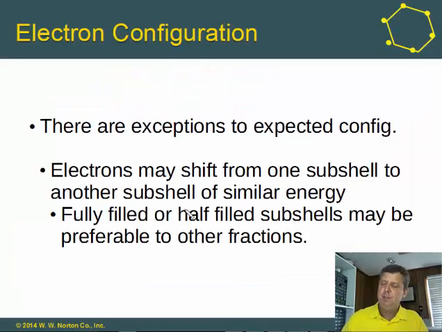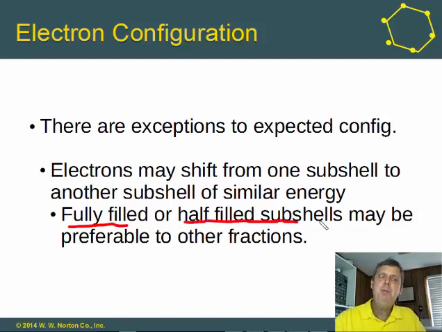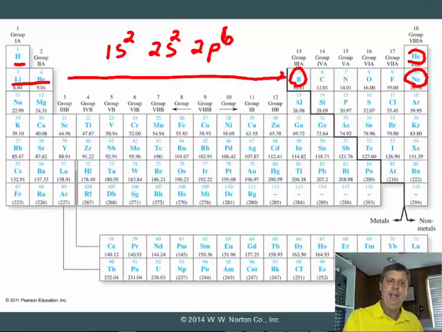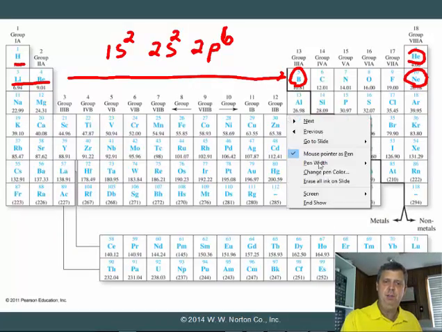So what happens is, having fully filled or half-filled subshells can be preferable to other fractions if we can have electrons shifting between subshells that are of very similar energies. By that,